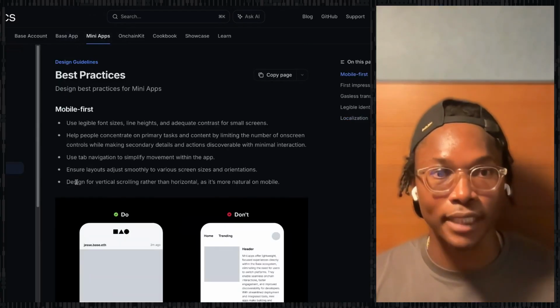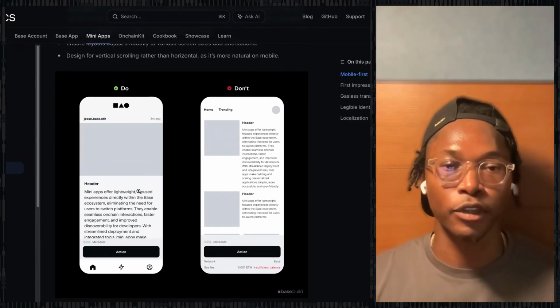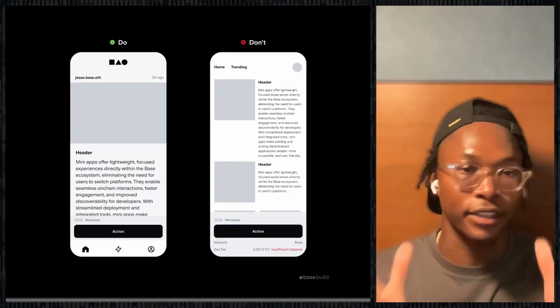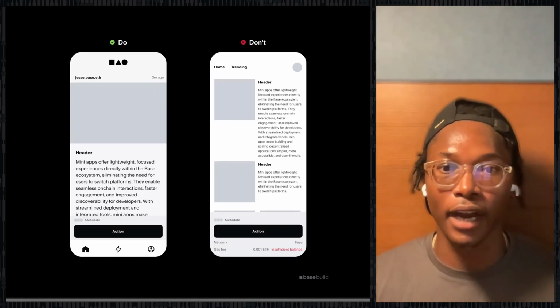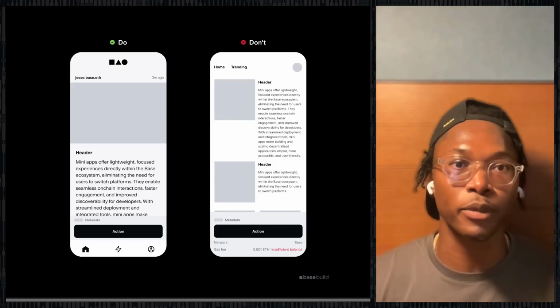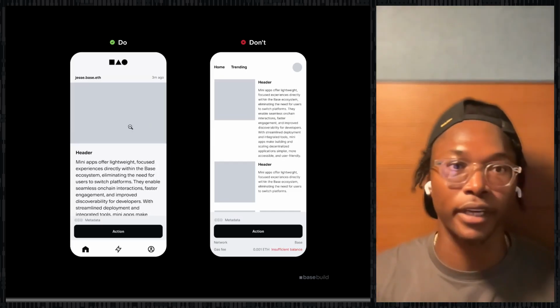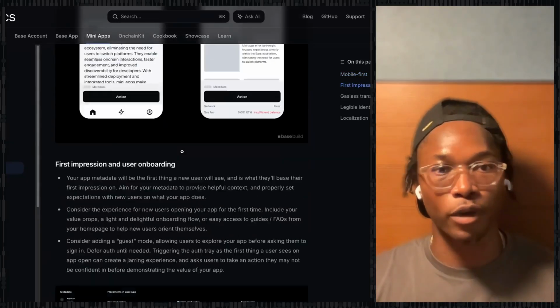So then we have some design best practices. Again, they're going to go over the do's and don'ts, right? So you can see, just looking at this, one is just visually more appealing. It's cleaner, your eyes can digest the information, right? The tabs, there's only 3 tabs at the bottom, very simple. One large image, it expands across the screen, and then the text is a lot larger. Beautiful, right?